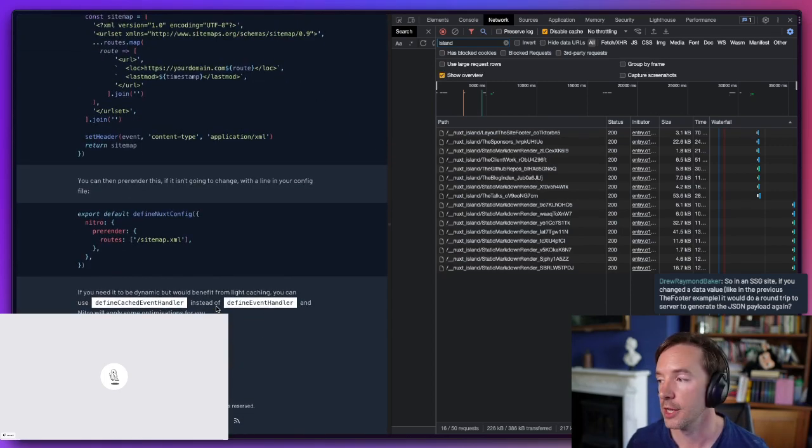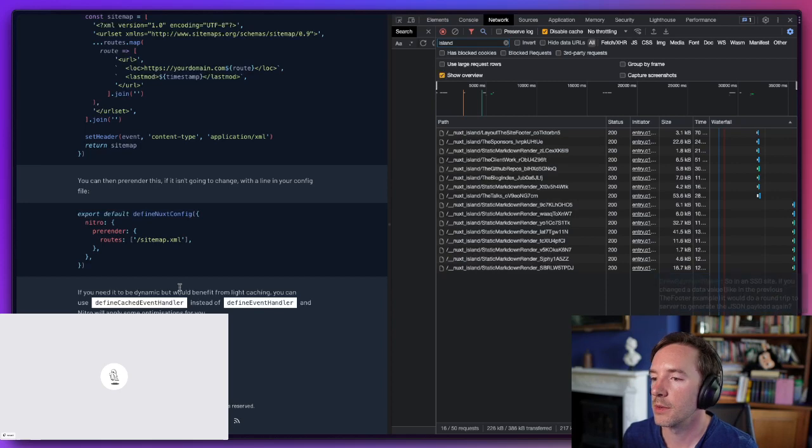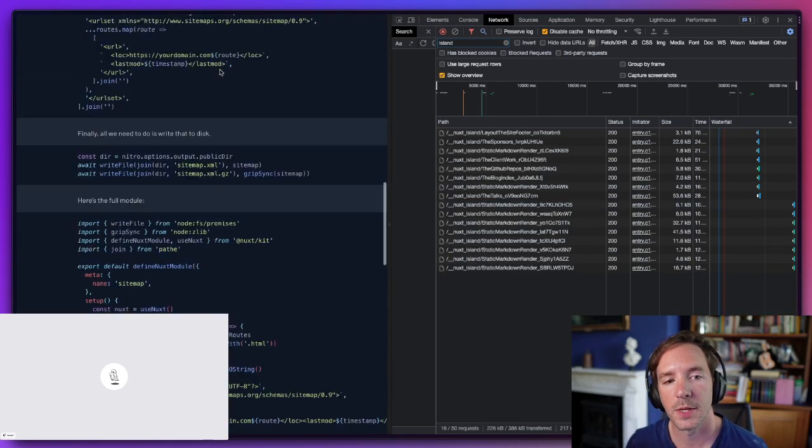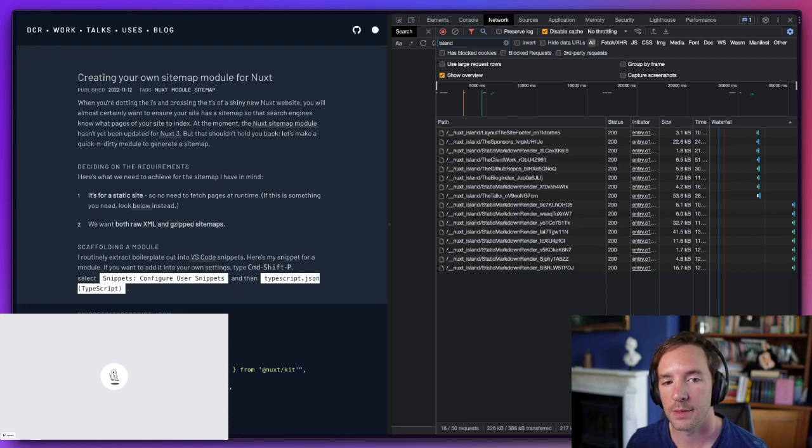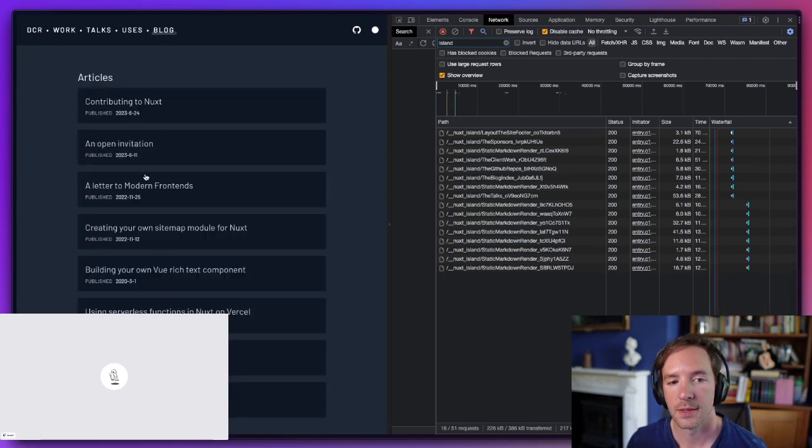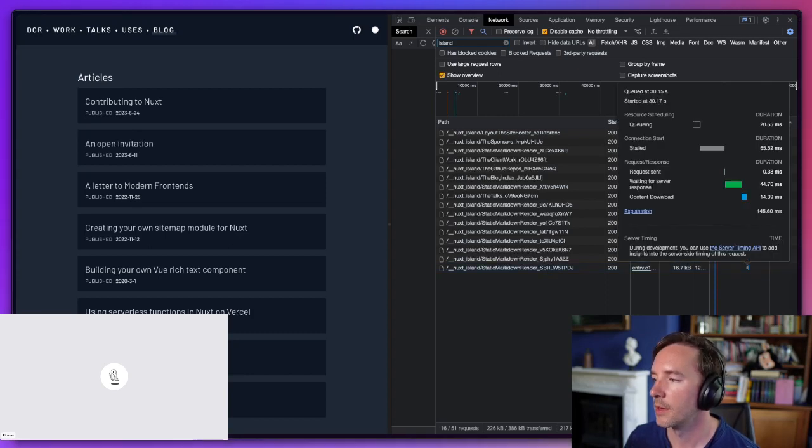So in an SSG site or in a server site, yes, if you change the props to the server component, it will hit the server again. So the trick is to make the props significant. In this case, I have my server component, which covers rendering this blog, and the prop is the path. So if I hit the path, it's going to render again, or it will return a pre-rendered response. And the fact is that I've pre-rendered all of my blogs, so it's always going to hit a pre-rendered response in terms of the actual response.